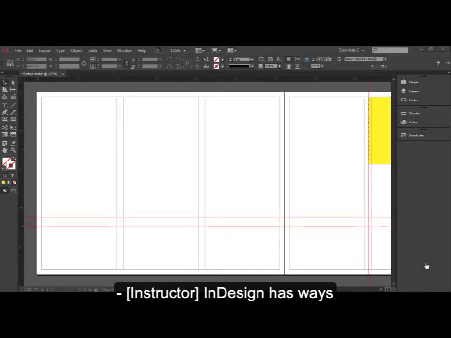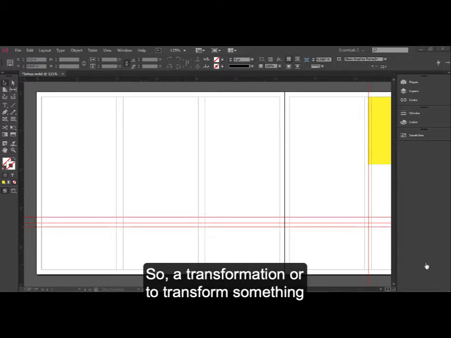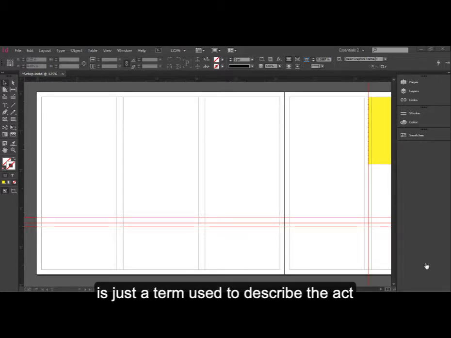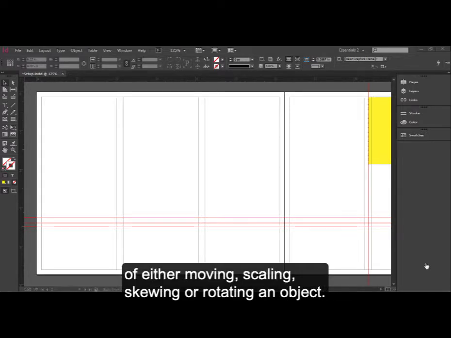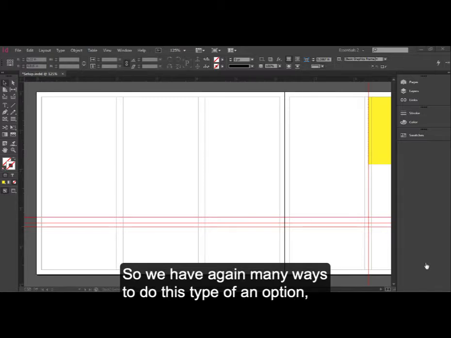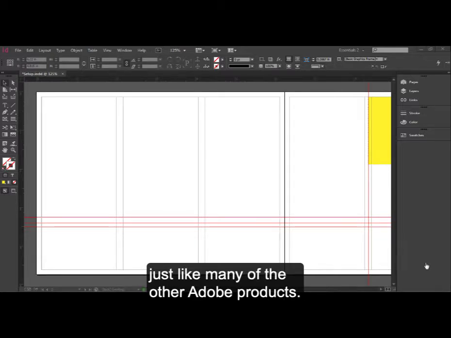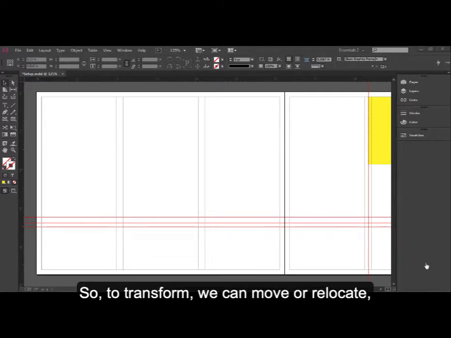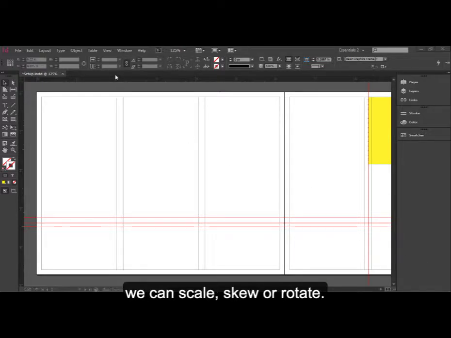InDesign has ways in which we can transform objects. So a transformation, or to transform something, is just a term used to describe the act of either moving, scaling, skewing, or rotating an object. So we have, again, many ways to do this type of an option, just like many of the other Adobe products. So to transform, we can move or relocate, we can scale, skew,